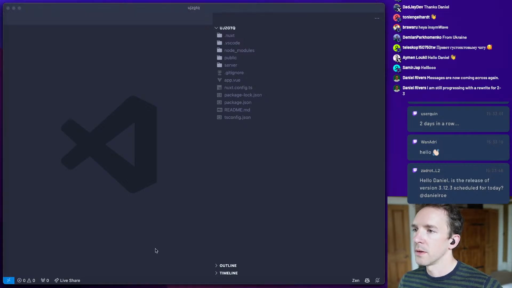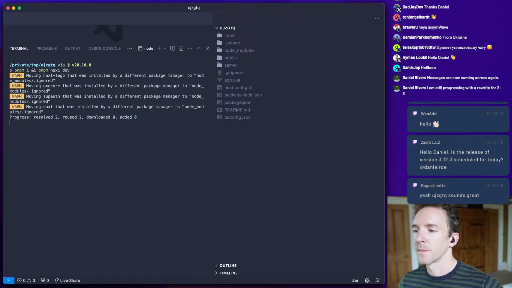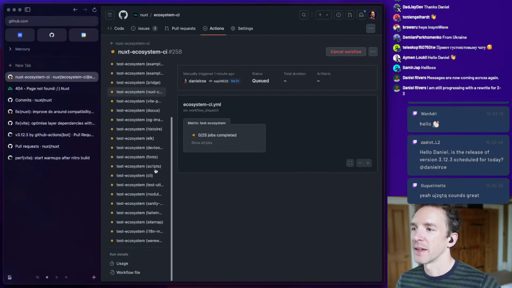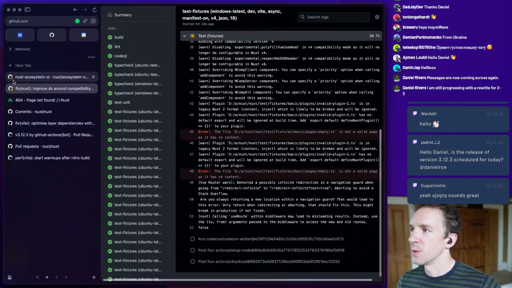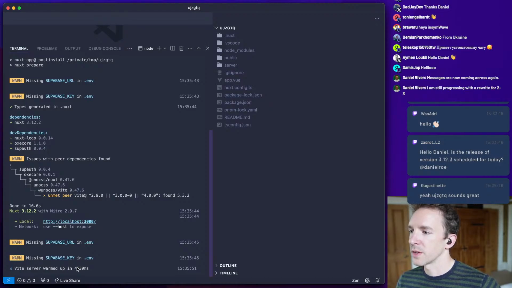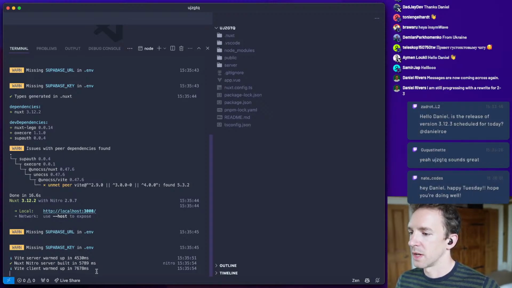And hopefully this will show our issue. It's the name of the StackBlitz, like slug. That's what it is. So right, ecosystem CI is running. We're going to keep track of those two little yellow dots. Okay, and let's fire. Okay, so Vite server 4.5, 7.6. Okay, so I'm guessing this is just because I have a fast computer, as opposed to the 13 seconds.